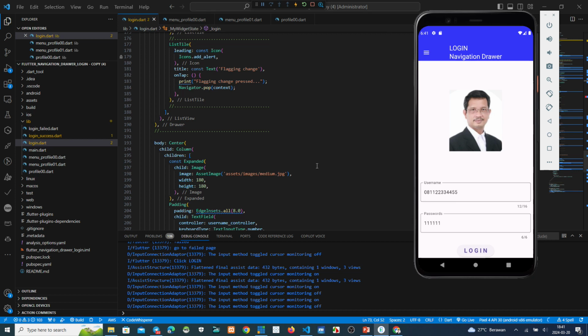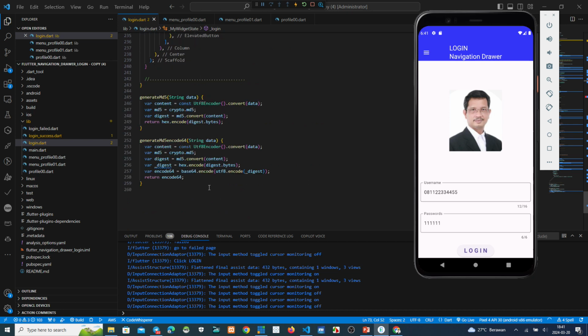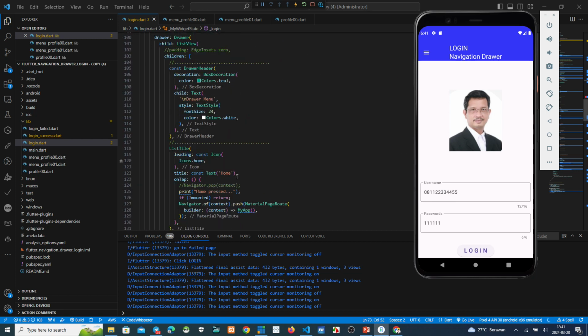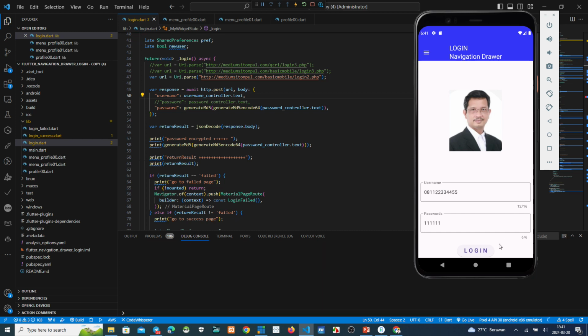We see the clear text, but in this project we have made encryption. We send the password and it gets encrypted like this. We have mentioned this and we developed this in the previous project. Okay, we send this, login.